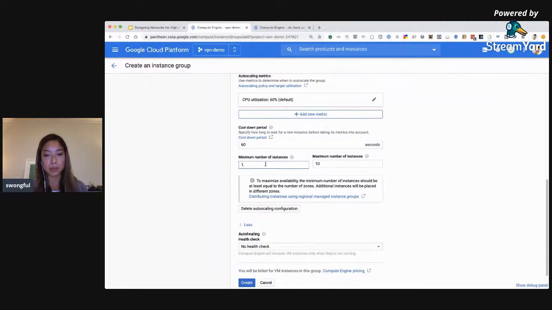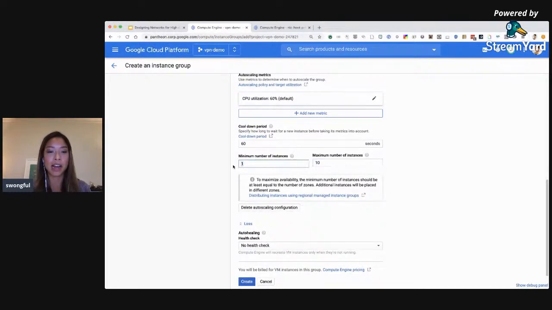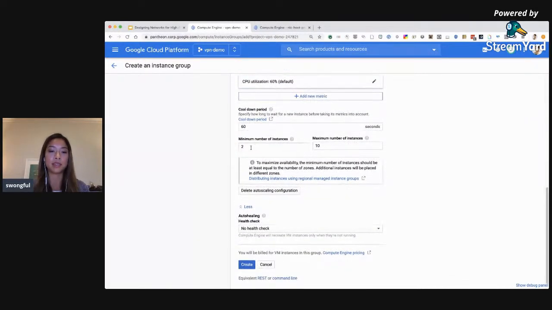Minimum and maximum number of instances are used for auto scaling. So of course you don't want to wake up to 100 scaled instances, which might hurt your wallet. So this is a way for you to specify the exact number of instances that you want in the instance group. I always recommend starting with 2 minimum, just so that you have higher availability within your managed instance group. Having 1 is fine if that's your preferred, just for the amount of traffic that you expect to have, or maybe it's for cost optimization, but 2 would be a good number to have as a minimum.